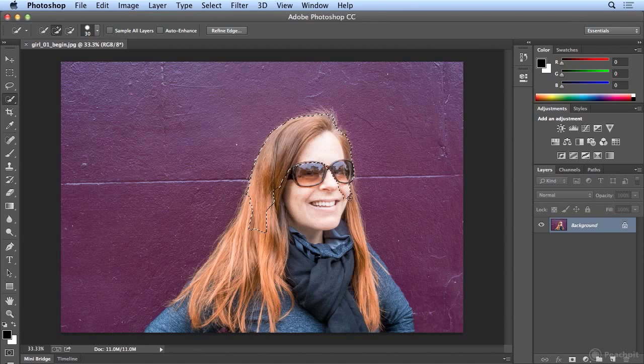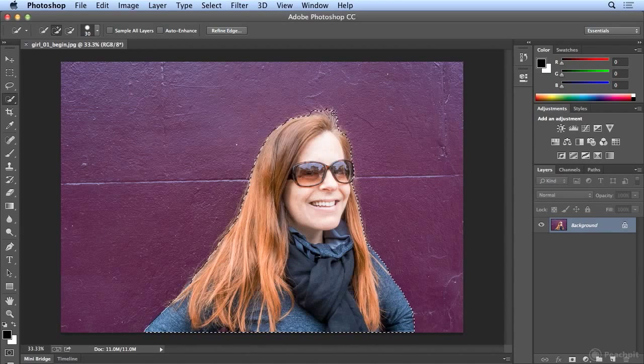You get a pixel or two, or even farther, inside the object or subject you're trying to select, and I'm letting go and clicking and dragging. You can keep letting go and it will keep adding to your selection. And I'm heading straight down over the scarf, down over her arm. I let go often to make sure I have a lot of undos.